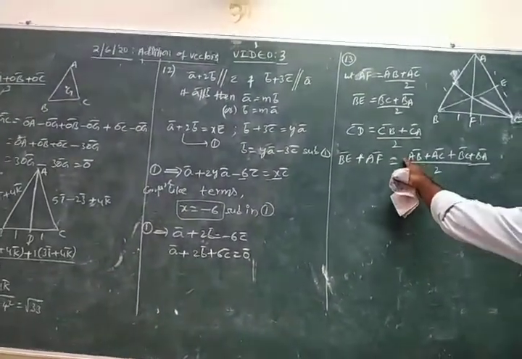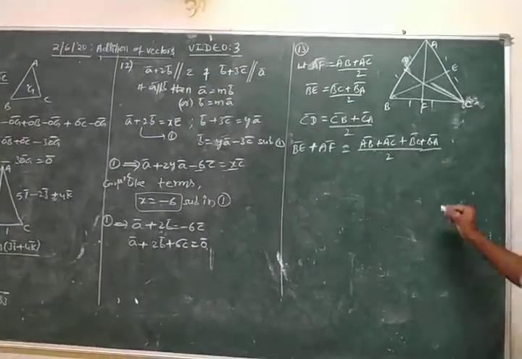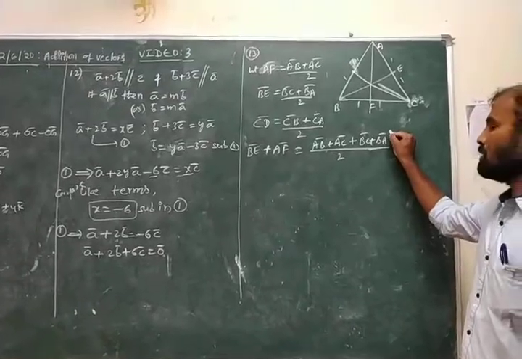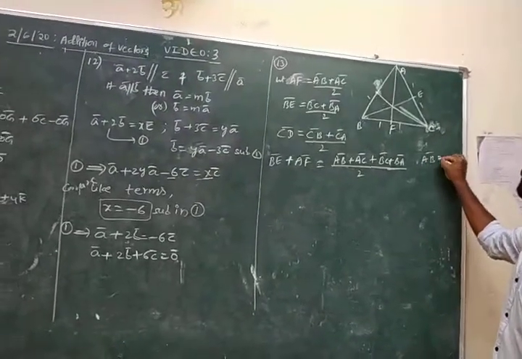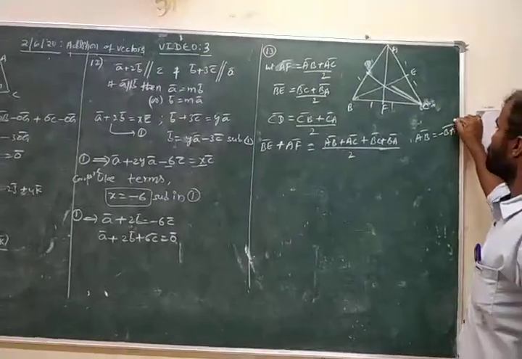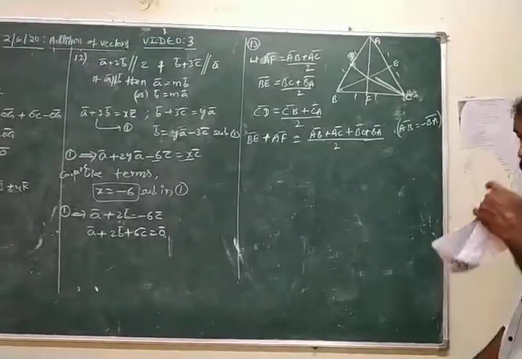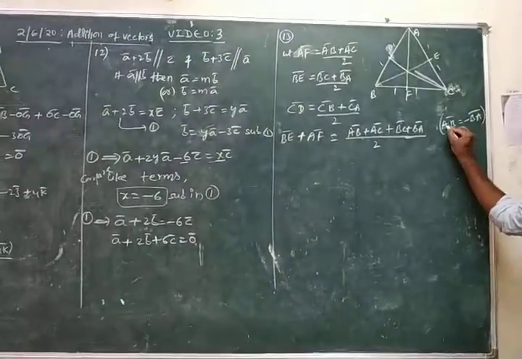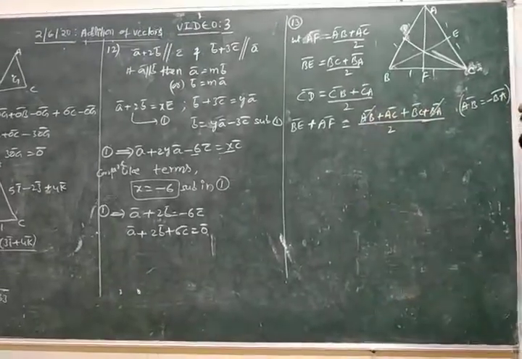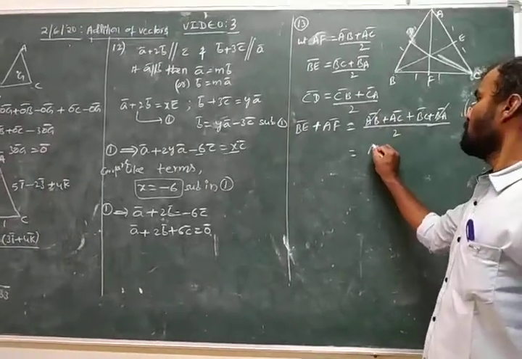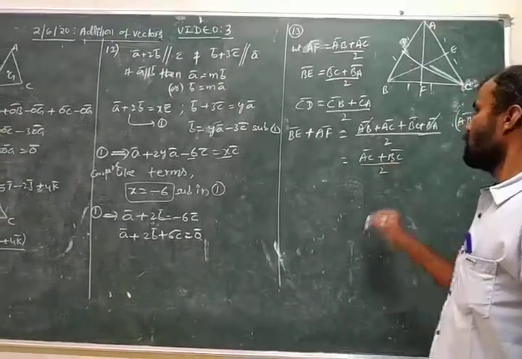Here, the direction from A to B is AB bar, and BA bar means B to A. That means AB bar and BA bar are opposite sides, otherwise AB bar equals minus BA bar. If we interchange the positions of the initial and terminal points, we get the negative sign. That means AB bar equals minus BA bar. BA bar and AB bar get cancelled, then what remains is AC bar plus BC bar.